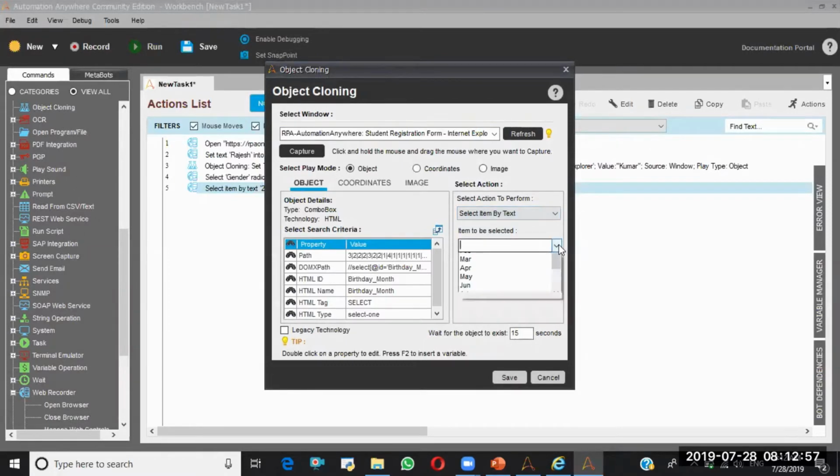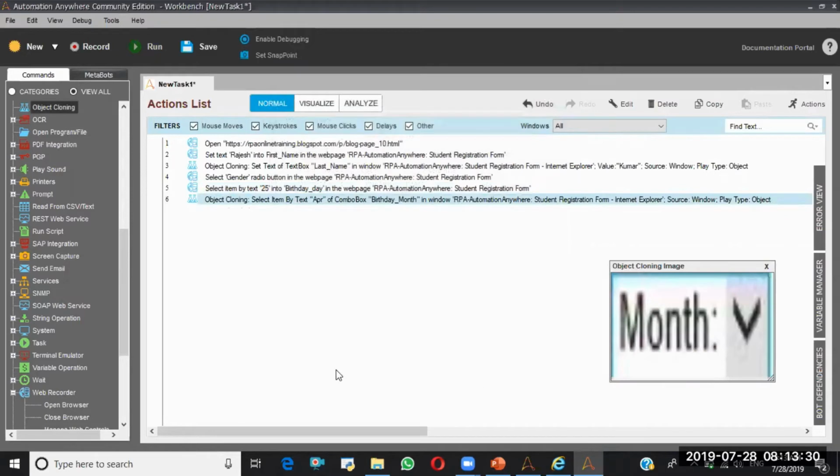So here I can select one of these, or else you can select item by index as well, but that is not recommended. So here you can give 2, that means it will give February like that. If you say 3, it will give March like that. But I'm going with select item by text, selecting April, saving this, and next